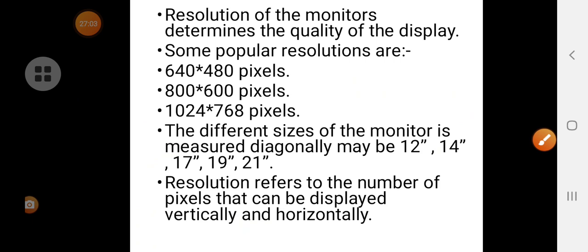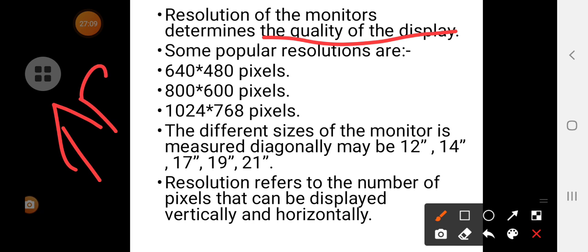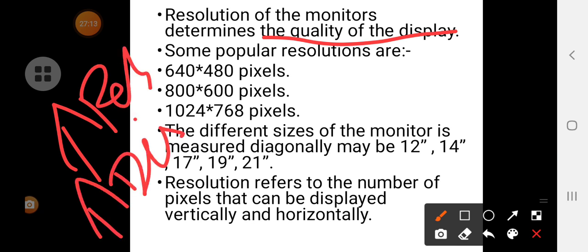So the resolution of the monitor determines the quality of display. If you have more resolution, your display will be better. If the resolution is more, the pixels have to be more.